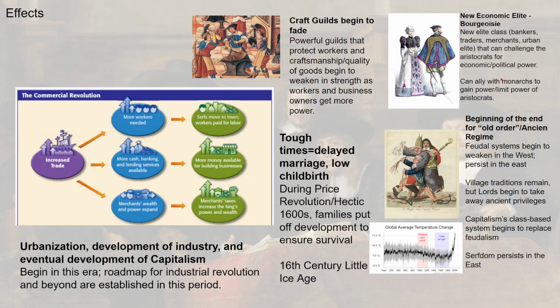But the bourgeoisie are heavily tied to the merchants and to these voyages that occur. They can fund or participate in these voyages to the Americas, to Africa, to Asia, or maybe even fund them as merchants. So they're going to grow in prominence in this period. Going along with that idea is the breakdown of the old order, of this feudal system that stayed prominent until the 1800s in parts of Europe. That's going to start to go away, especially in urban areas. And that coincides with the growth of the bourgeoisie.